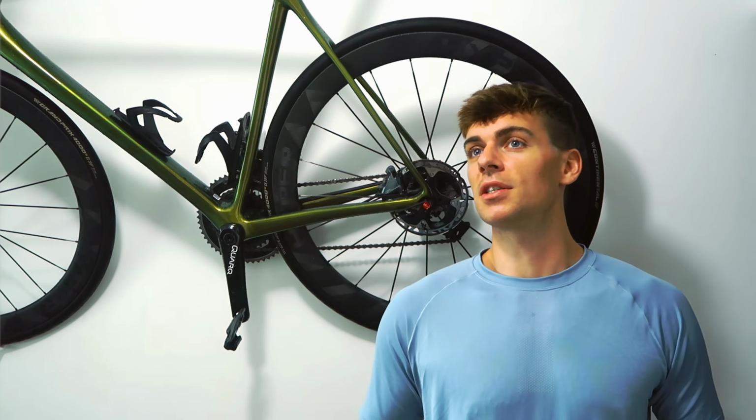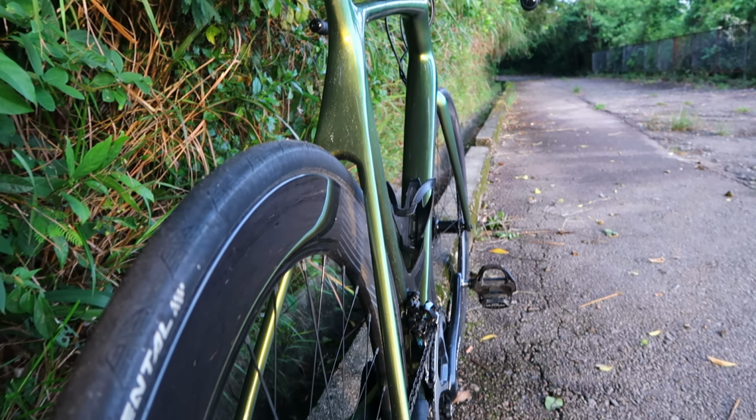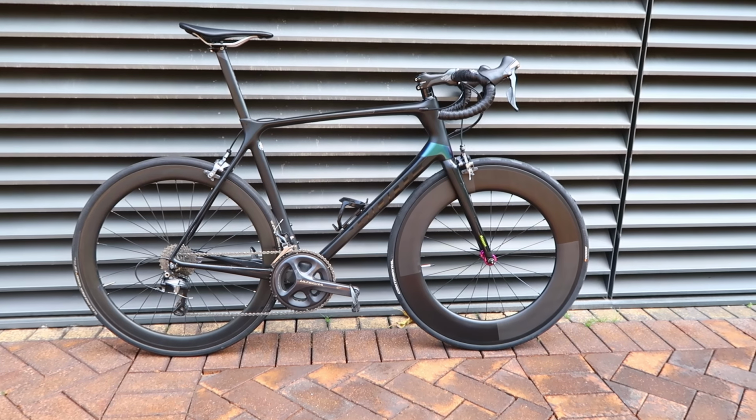But it got me thinking actually, and I do have a couple of other wheel sets where I've got a staggered setup, so a slightly deeper rear wheel and a slightly shallower front wheel, and that's kind of what the trend is. But if you think about it, that's actually completely the wrong way around. If you're going to ride a staggered setup to save a bit of weight instead of having two really deep section wheels, you really need your deeper rim on the front,